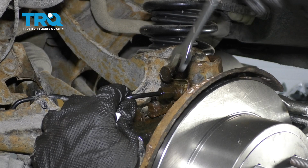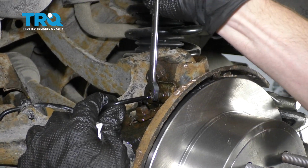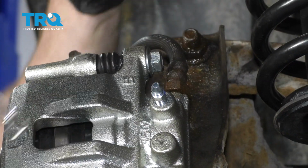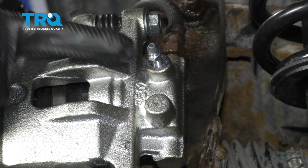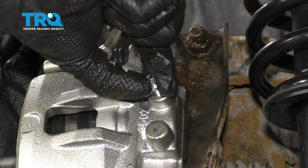Tighten up your line. Check your flex hose. Make sure you don't have any funny kinks or bends. This looks great. Let's remove our boot and open up our bleeder screw. With that open, we're just going to wait until we have a steady trickle of fluid coming out. Okay, now that we have a steady trickle, let's go ahead and close this off